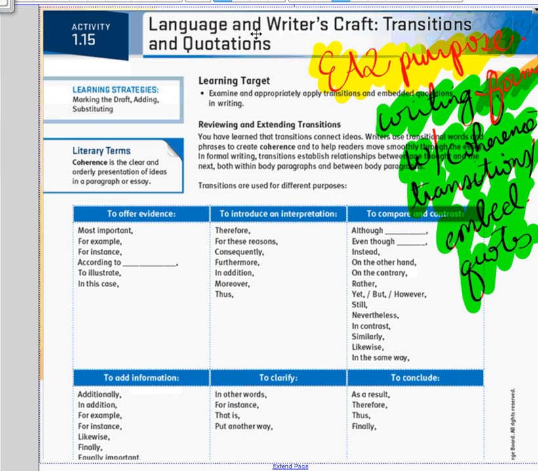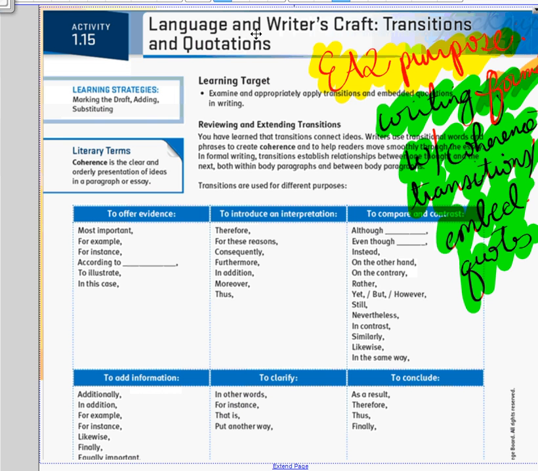So one more time for those of you that aren't reading that purpose statement. It says ELA8 purpose, writing formally with coherence, transitions, and embedded quotes. All right, that's what we're starting with here. We're going to open up our lesson today with you getting an idea of what that word coherence is. Your in question asks what it is. And your in question also told you to check out this particular page to find out what coherence is.